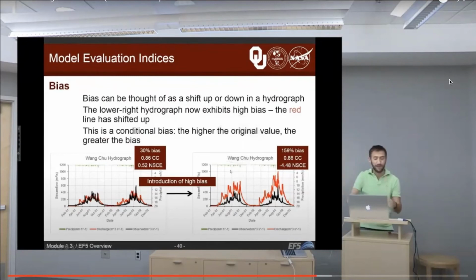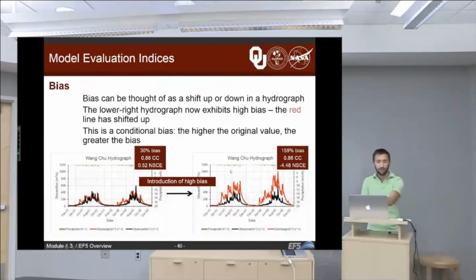Extra stuff has been added. And so to give you an idea of the statistics, the difference between these two, at the lower left, the original hydrograph, we had a bias of 30%. On the right, our hydrograph now, after I've added that bias, is